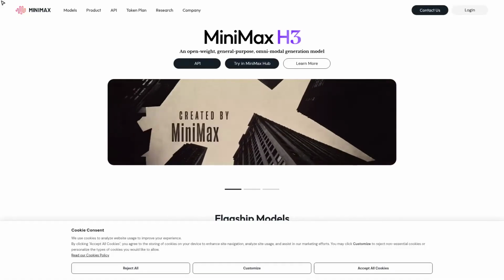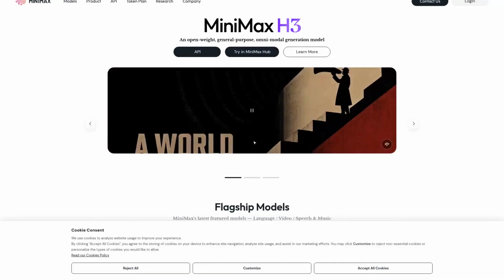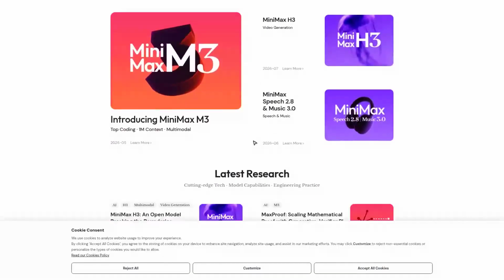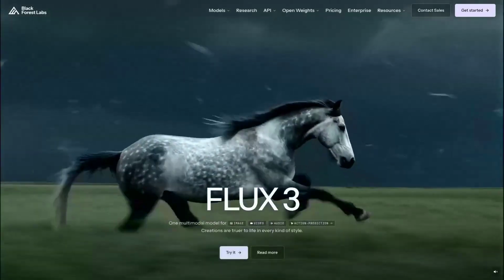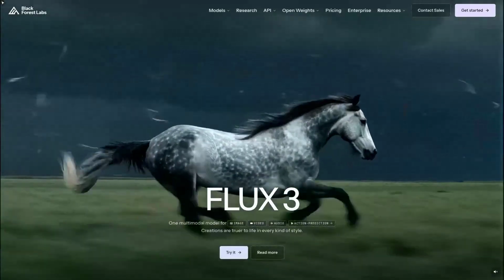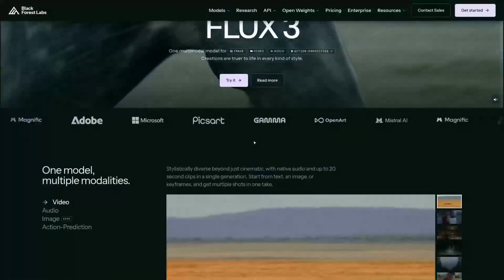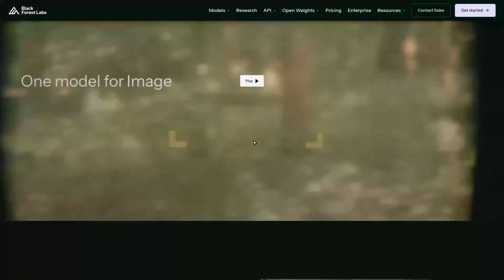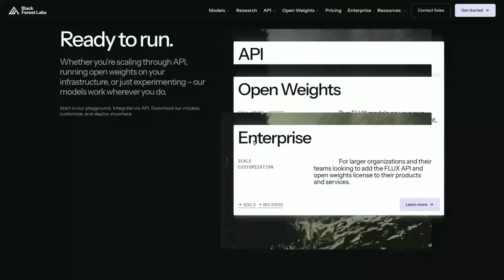You queue up a 30-second scene and MiniMax H3 cuts you off at 15 seconds. Seedance 2.5 keeps rolling, and FLUX 3 gives you nothing to go on at all. All three are video generation models built for very different workflows, so the real question is, which one actually fits